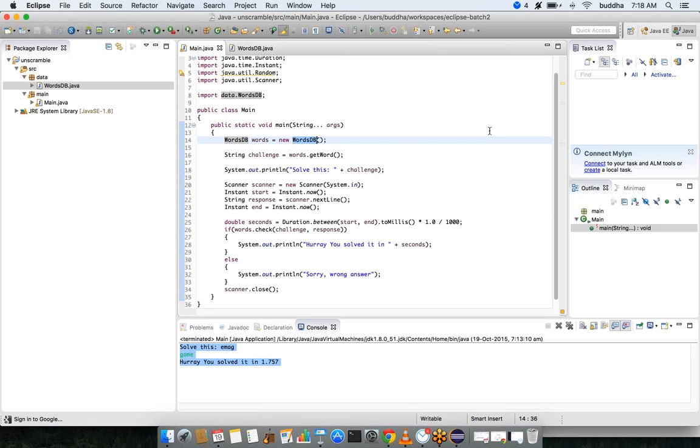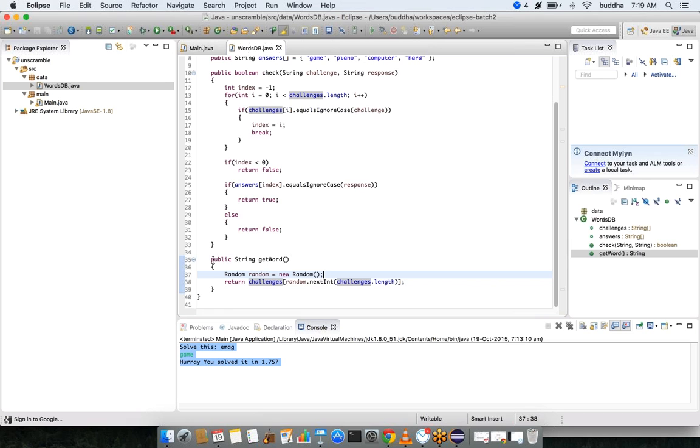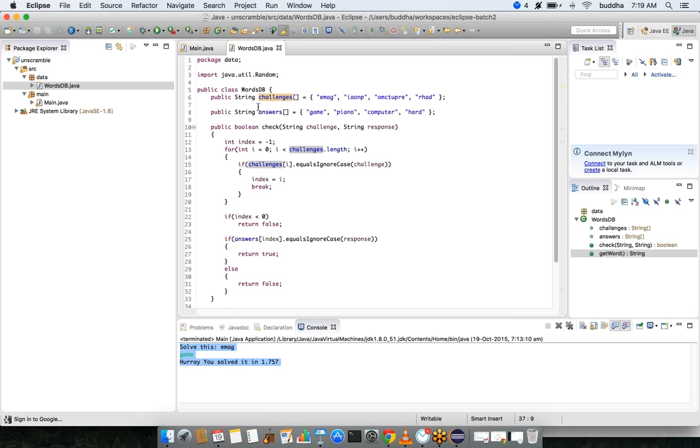Now, because we are getting a word using this get word method, we don't actually have to make these things public. Now I'll explain what public and private are. If you remember, for the fields the syntax will be access modifier, data type, and then the name, and there is an access modifier here also. So what is the access modifier? An access modifier is something that controls the access, preventing others from accessing yours.